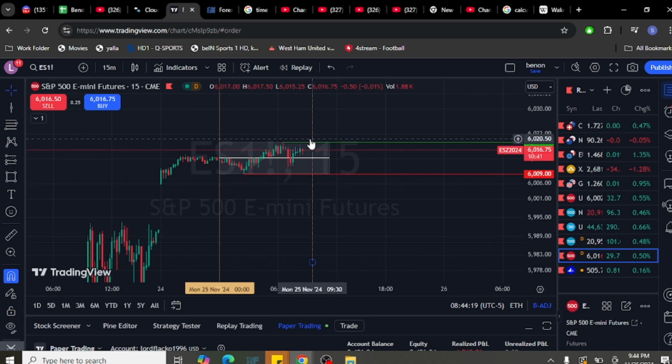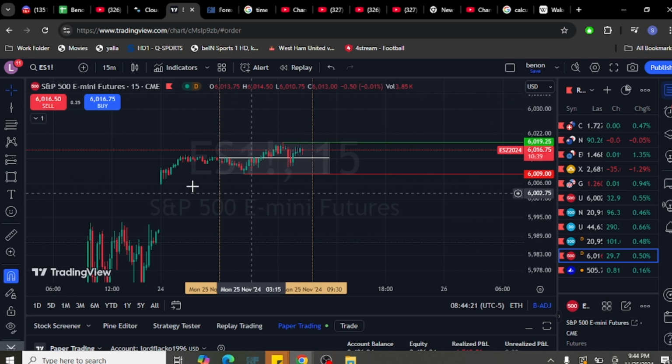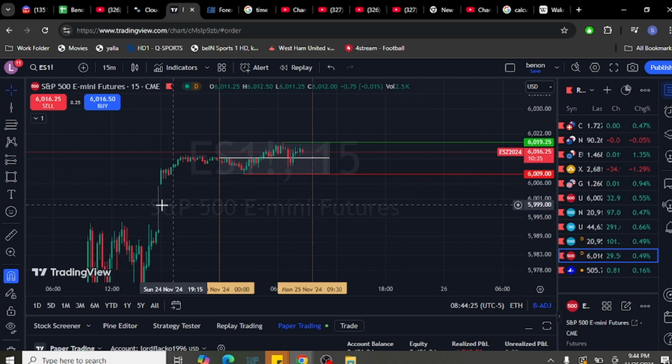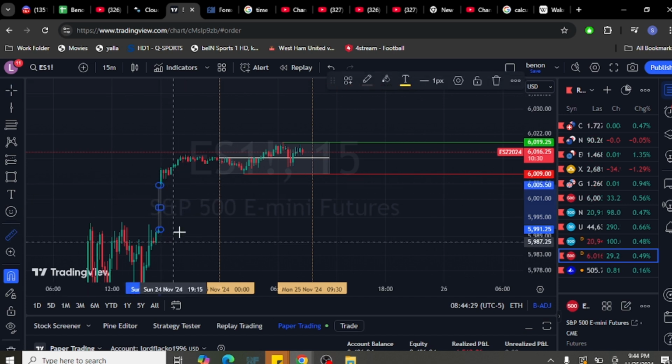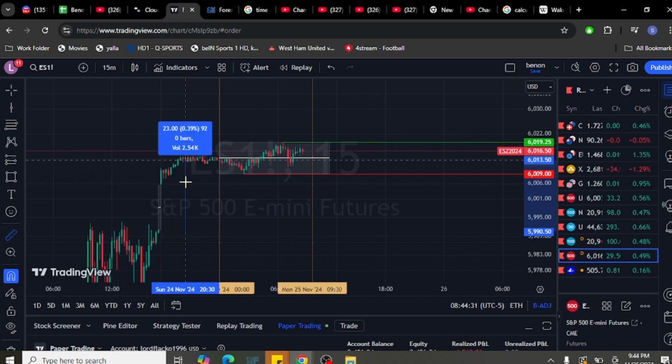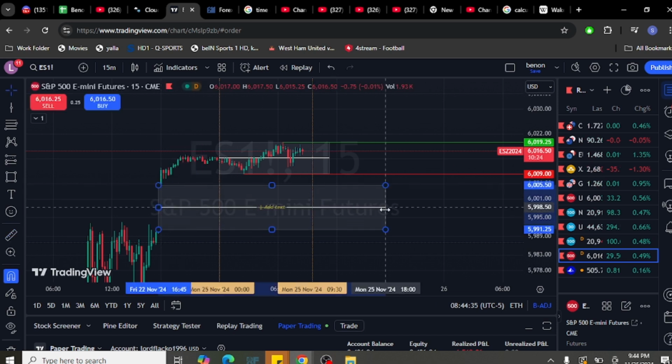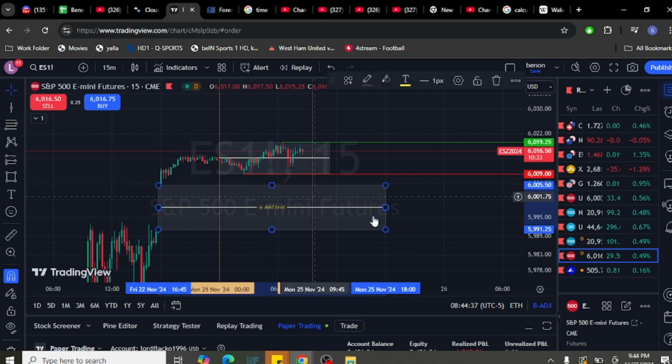Let's say if we manipulate above here, I'll take this lower, this being my draw on liquidity, this gap, because we opened around how many ticks? Almost 62. So these are quite a huge number of ticks, I don't think that they will leave it like that. So I would like to see how we open. An open above, I would like to target here, so I'll be selling.